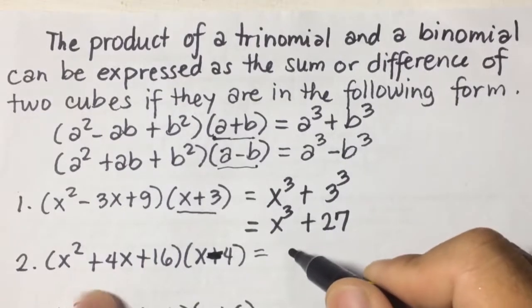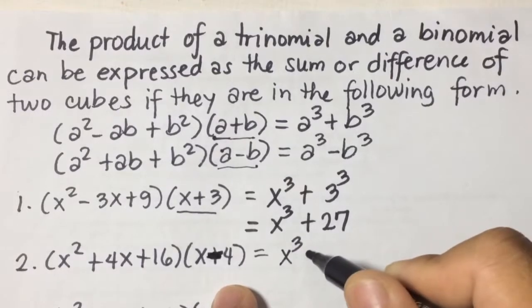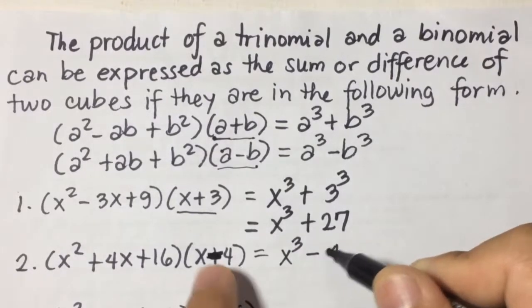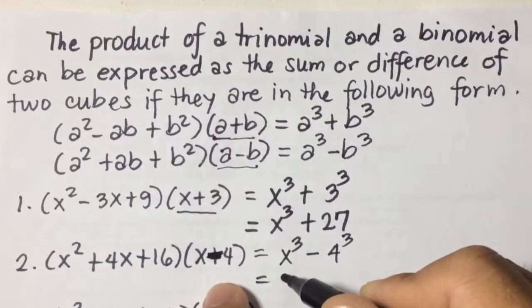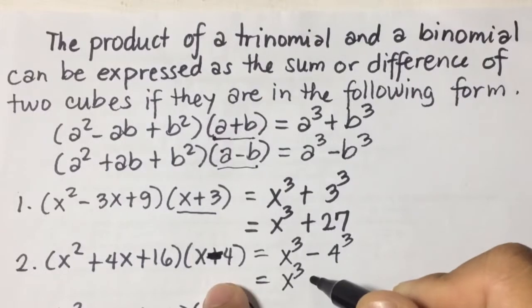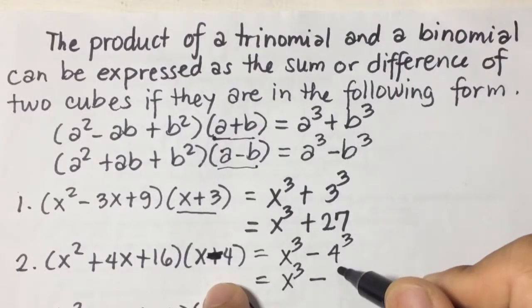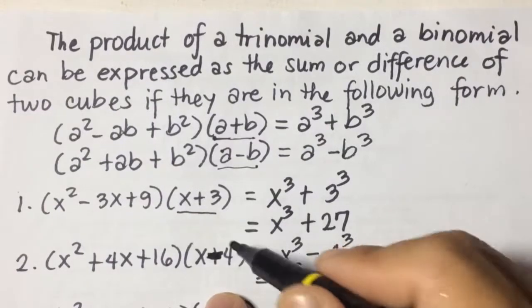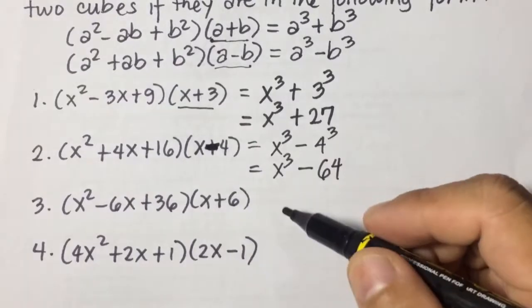So you're going to have here x cubed minus 4, the value of b cubed. Then this one is x cubed, then negative 4 cubed is equal to 64. So x cubed minus 64. Again, this is not positive, this is negative. And for number 3,